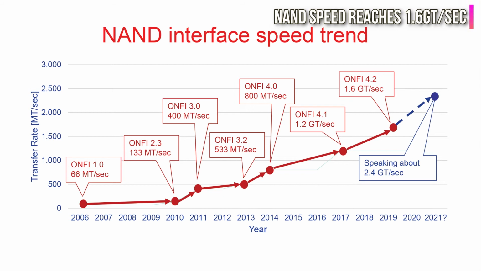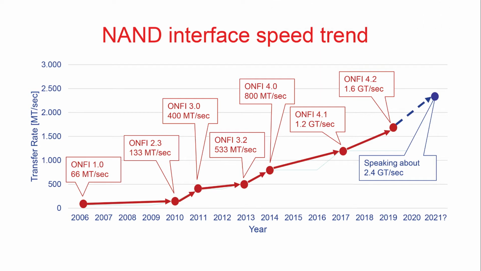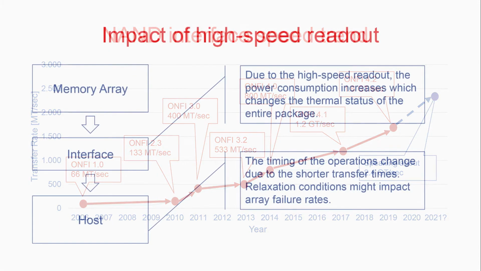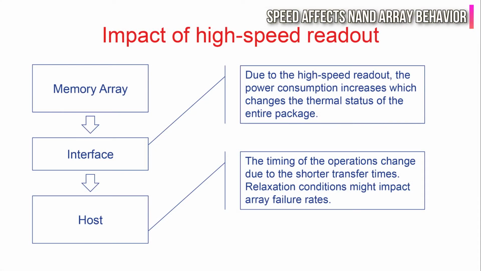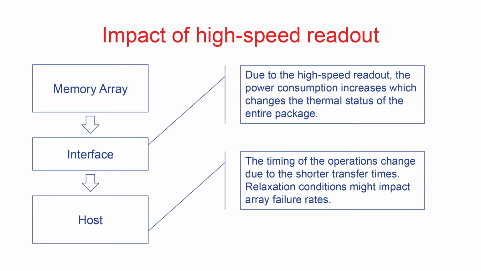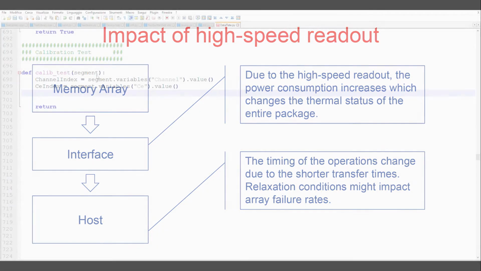The NAND interface speed is increasing. Today's devices support speeds higher than 800 megatransfer per second, reaching 1033 megatransfer per second, 1200 or even 1.6 gigatransfer per second. The higher interface speed, besides making it more difficult to create an error-free communication channel, changes the behavior of the NAND array and operation in terms of local heating and different operation timing. Temperature may be higher and differently distributed, due to the higher power consumption of the interface circuitry. Lower page transfer times alter the relaxation effect of the NAND cells after operation.